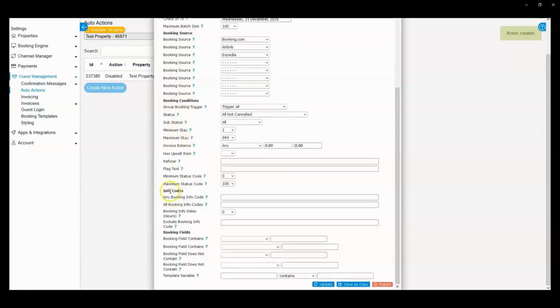Now, info codes are used to make the auto action trigger based on an info code inside the booking. If you have seen my previous webinar about reports, we already talked about info codes. So if there is a specific info code inside the booking, for example, breakfast or a check-in time, then you can make the auto action trigger or not based on the info codes that are